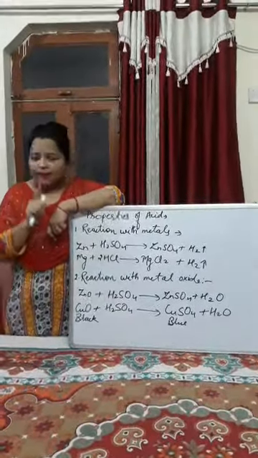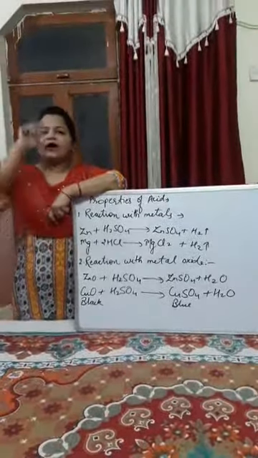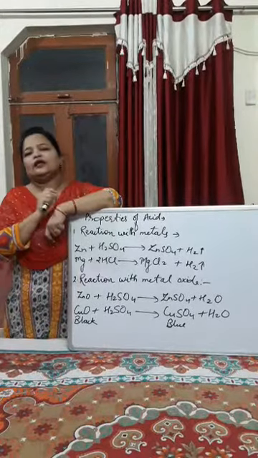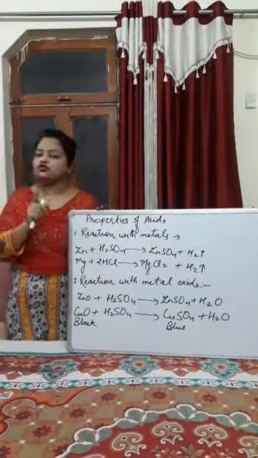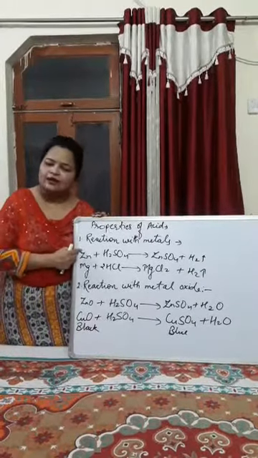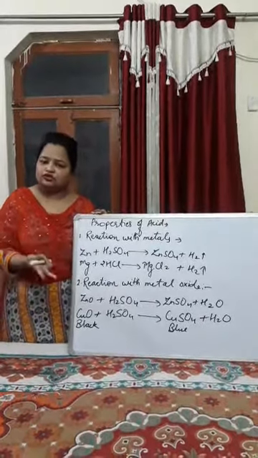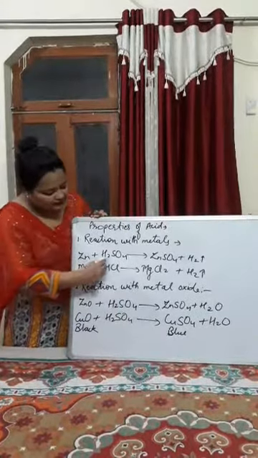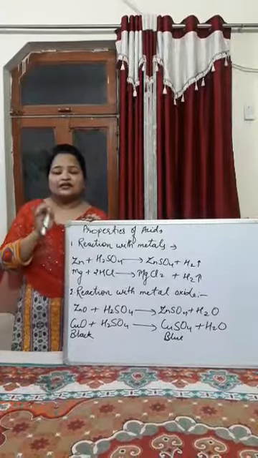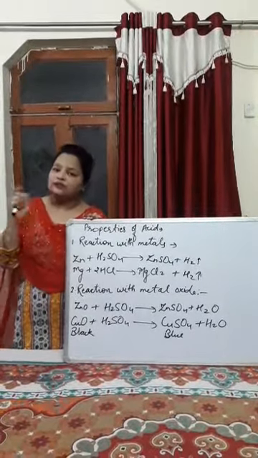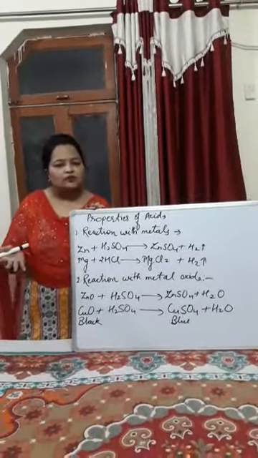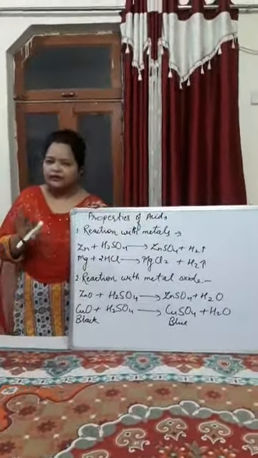So only those metals which are present above hydrogen will be more reactive than hydrogen, and they will react with the acid to liberate hydrogen gas. Whenever active metals such as zinc, magnesium, calcium, potassium react with dilute acid, why dilute acid? Because concentrated acid is very strong. अगर हम concentrated use करेंगे, it may splash out from the beaker, it may produce a very large amount of heat, we can get a burst, so we use dilute acids.